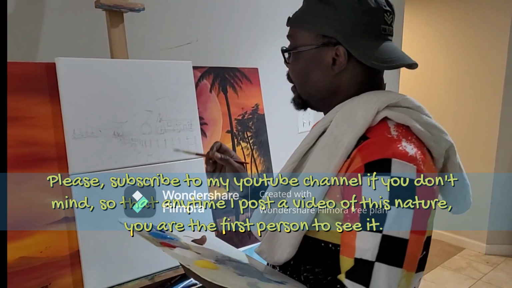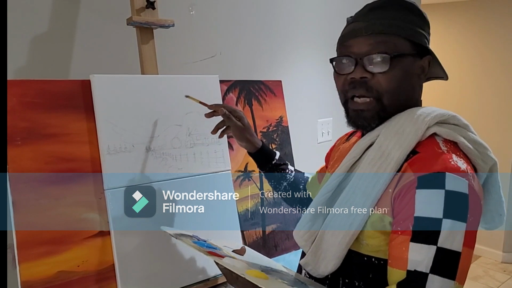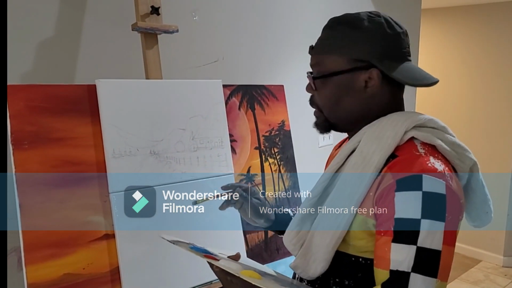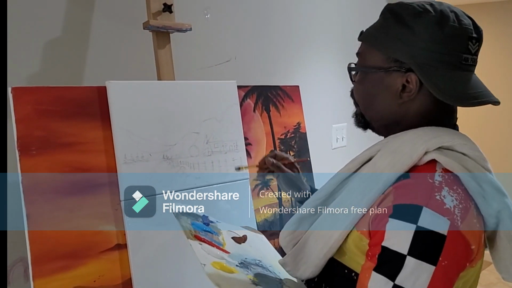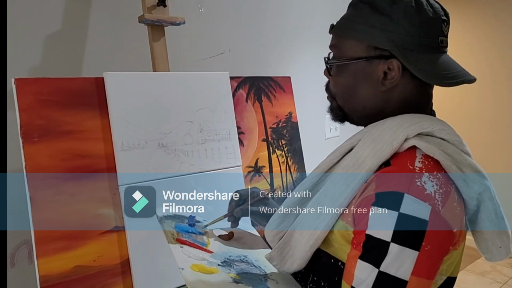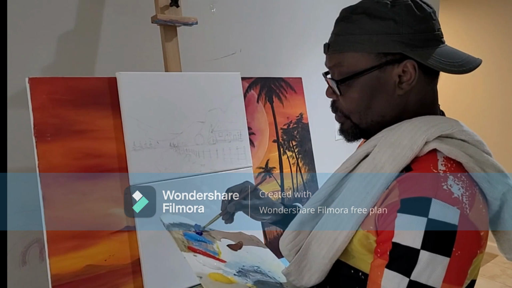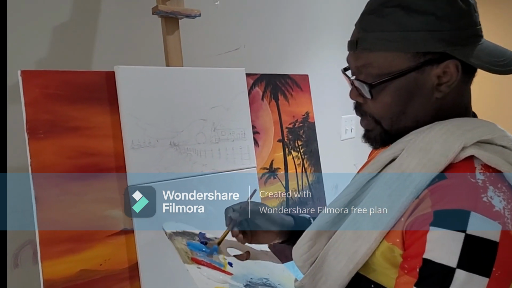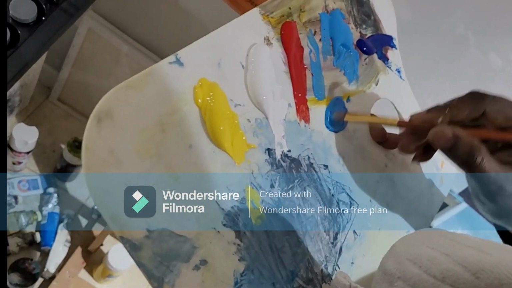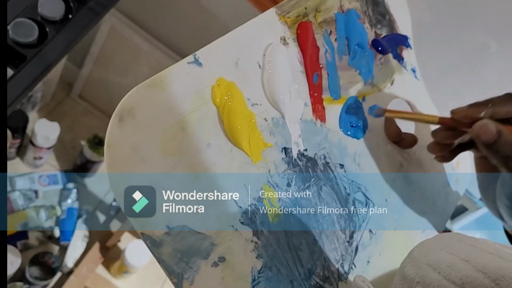So just like I said, we're going to start with the painting of the blue skies. I'm going to go through it quickly so I don't waste your time. With the blue skies, I have my deep blue here and a light blue here. I'm just going to take a little bit of the deep blue, mix it with a lot of the light blue, and then white. I'm going to add a little bit of white to it, and a touch of red,